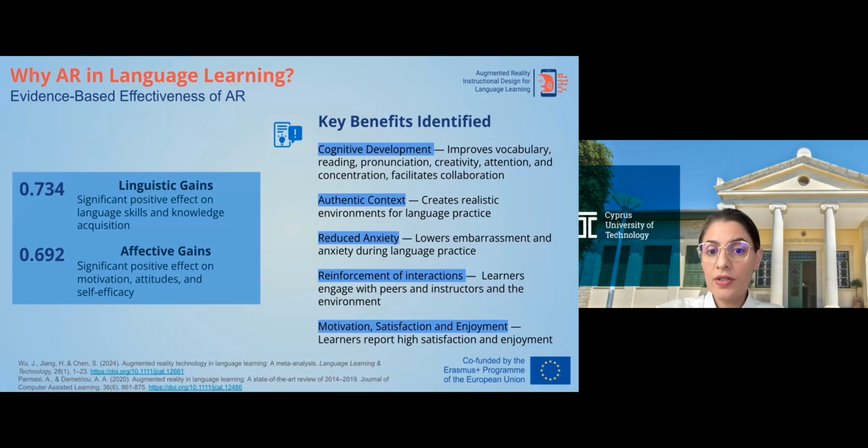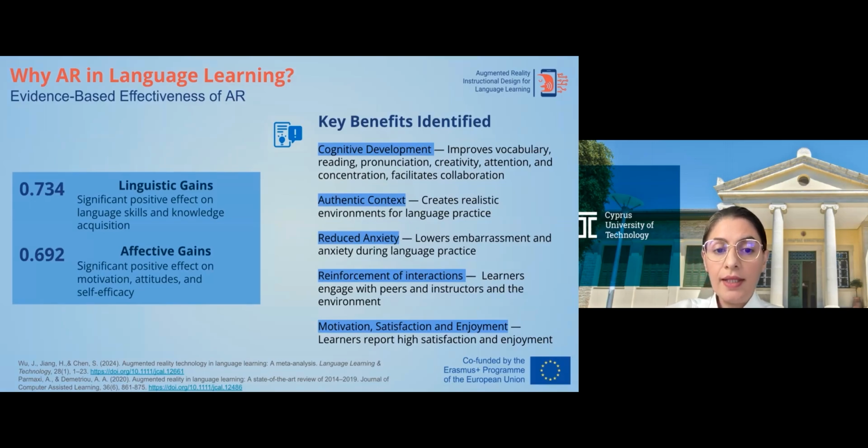For linguistic gains, such as vocabulary acquisition, grammar knowledge, and language skills in general, the effect size was Hedges' g 0.734, which is considered a moderate to large effect. And for affective gains, including motivation, attitudes, and self-efficacy, the effect size was 0.692, which again demonstrates a moderate to